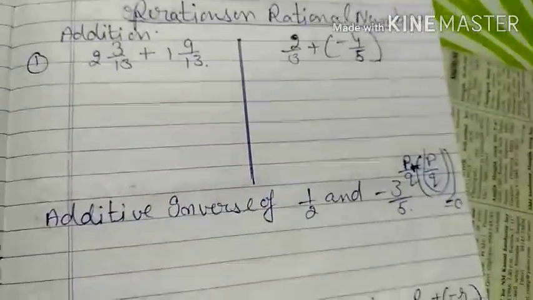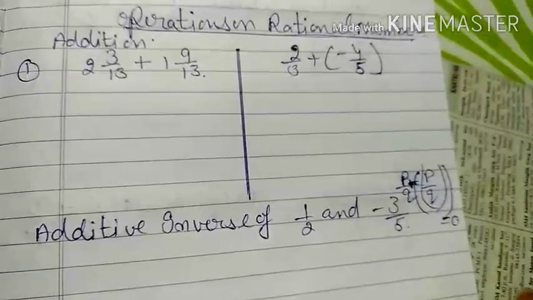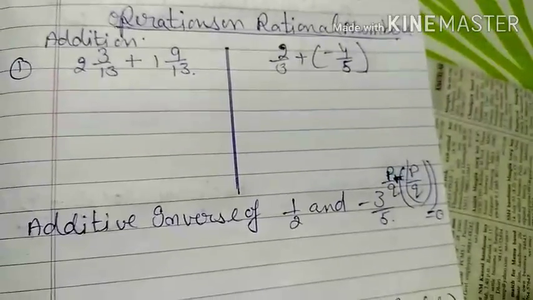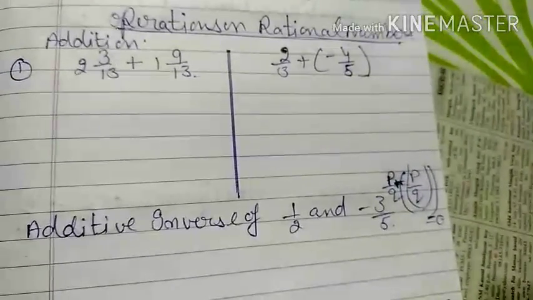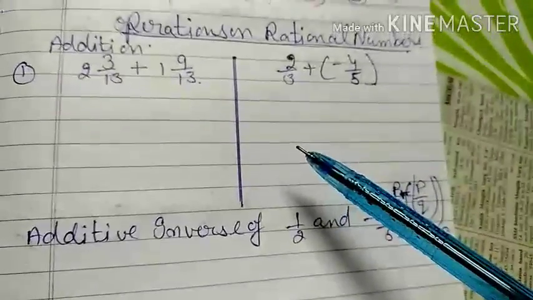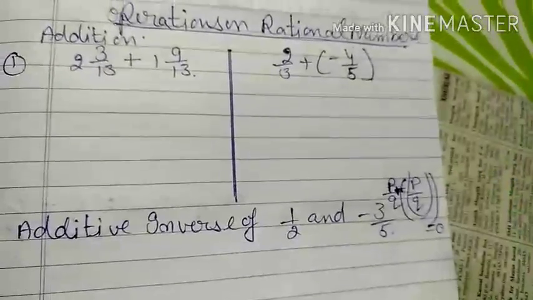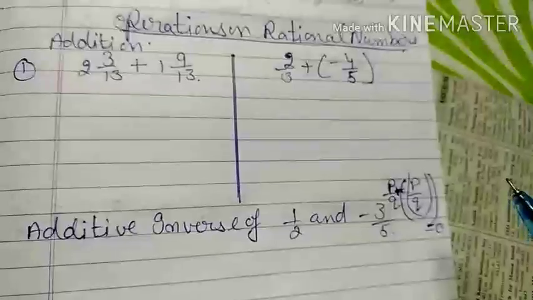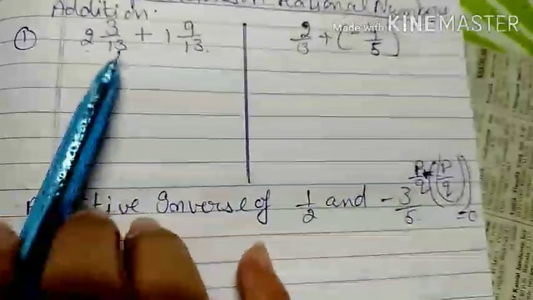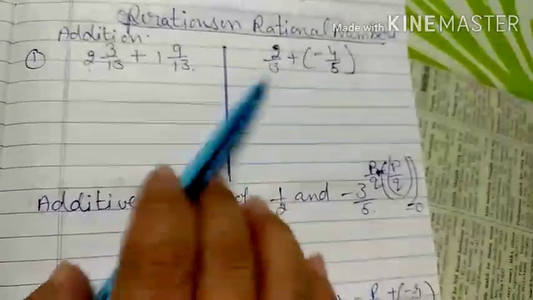But if there is a condition of different types of operations on rational numbers, generally the operations in maths are addition, subtraction, multiplication, and division. Here, first we go with the addition. What happens when we add two rational numbers, or two fractions? I have some questions: what happens when the same denominator is there for two rational numbers, and what happens when two different denominators are there?